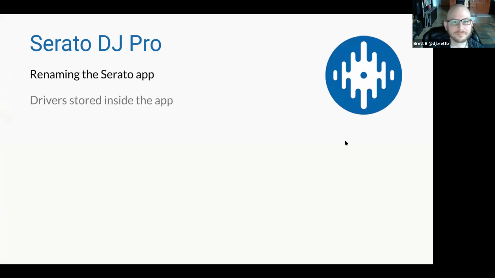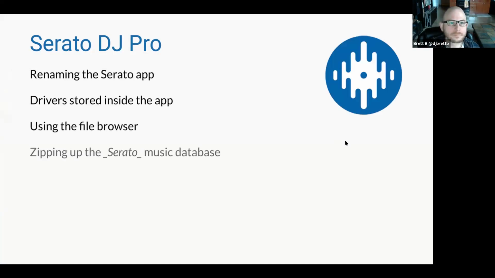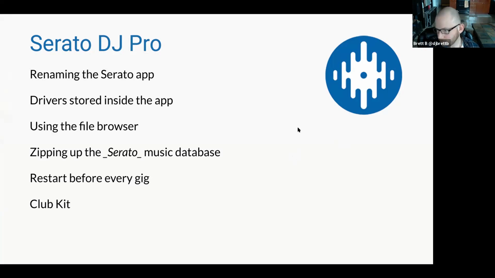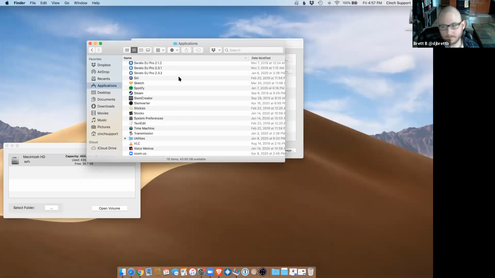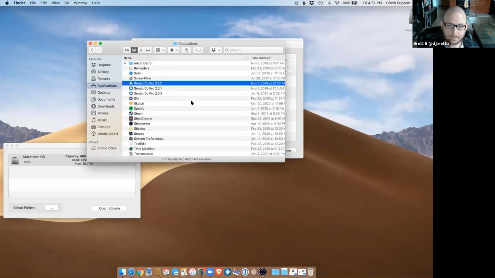So these are some things that you can do in Serato that will make it run cleaner, and steps to make troubleshooting in a pinch easier. These are things that I would do to take control of that situation. And then OP is going to speak on Serato after I give this overview. One thing I definitely recommend, and I've seen on OP's laptop as well, is renaming the Serato app with the version number. When you download Serato Pro and install it, you go and get info on it.